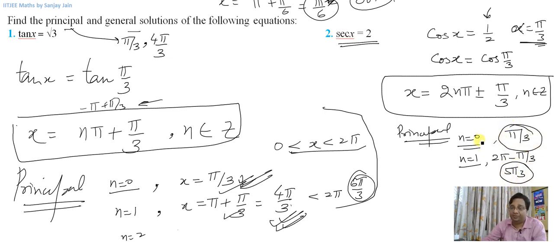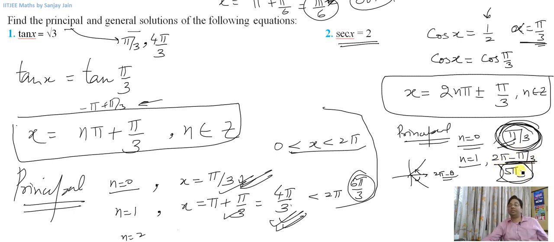Anyhow, if you get a positive value of cos, and you got a positive angle, that is pi by 3 in the first quadrant, then another angle that will give you a positive cos value will be in the fourth quadrant, which is 2 pi minus theta. If this is theta, the other value that you'll get is 2 pi minus theta. So if one of the values you got is pi by 3, the second principal solution is 2 pi minus pi by 3. So the first two questions are over.